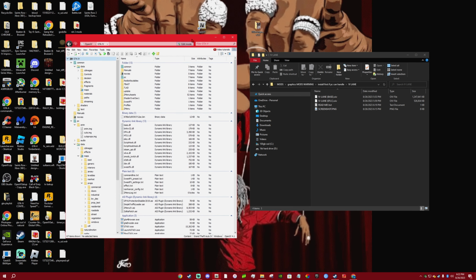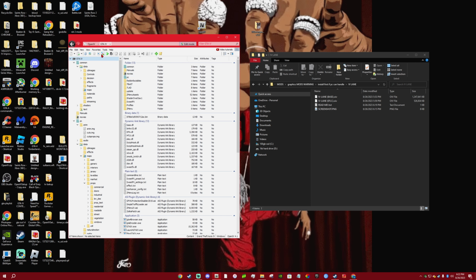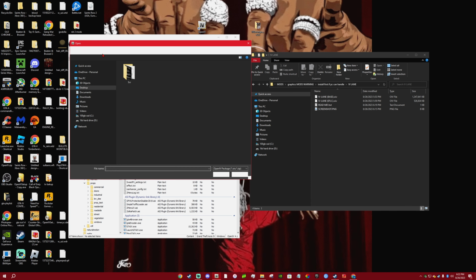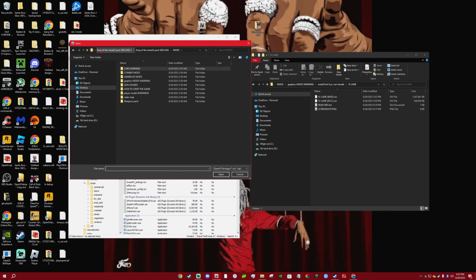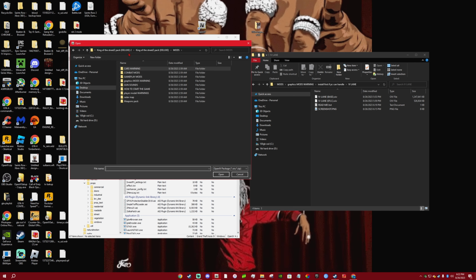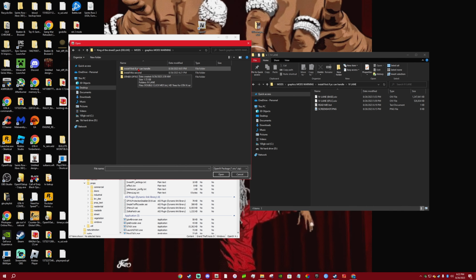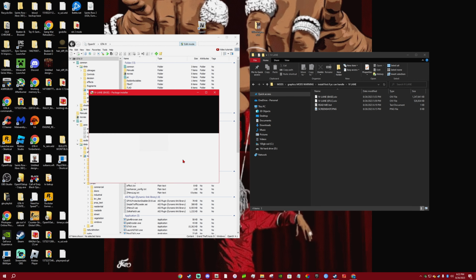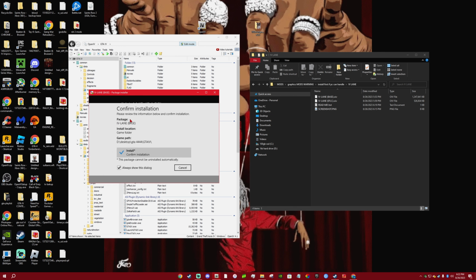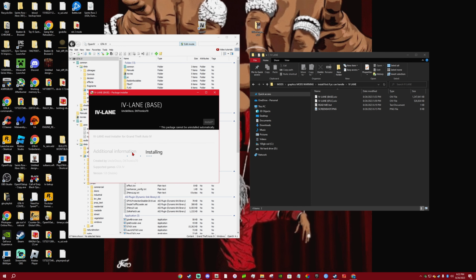Now, what you want to do is you want to come over to OpenIV and you want to select this square right here with the blue, red, and green boxes in it. It's a package installer. You want to double click it, and when this directory comes up, you want to locate King of the Streets pack deluxe folder again. Locate it and find graphics mods, find install PC, and find Ivy Lane again. And then you want to select it here. Either one. So we're going to do base game here, and then you want to install it. You want to click confirm, install again.